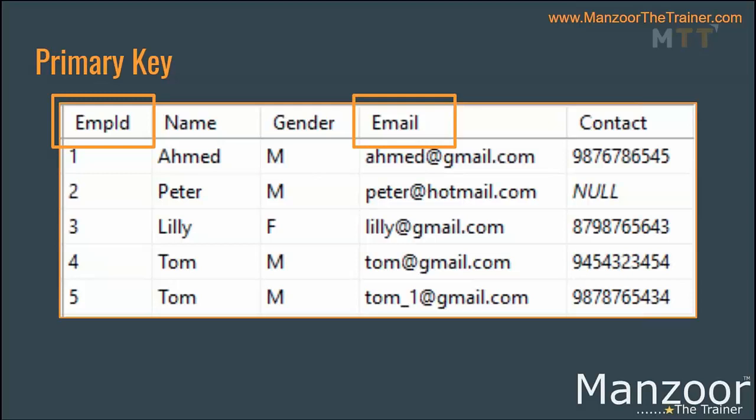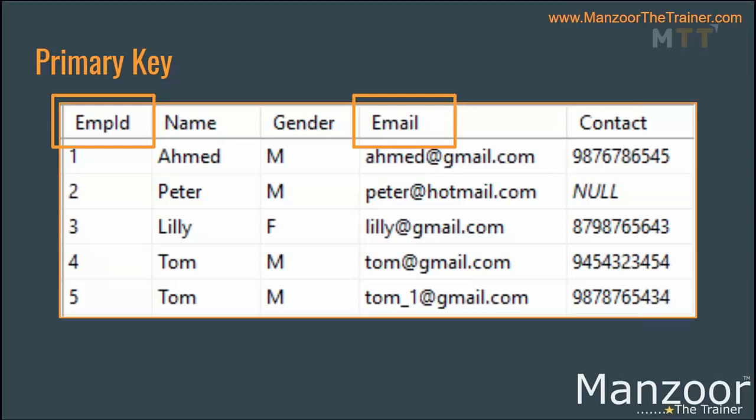So in a table, you can have multiple candidate keys. But you can have one and only one primary key. You need to choose one column and make it a primary key to identify a row uniquely. If you are making it a primary key, then there are 2 conditions. One is the value of that column cannot be null, and the second condition, that value cannot be duplicated. Are you all getting my point?